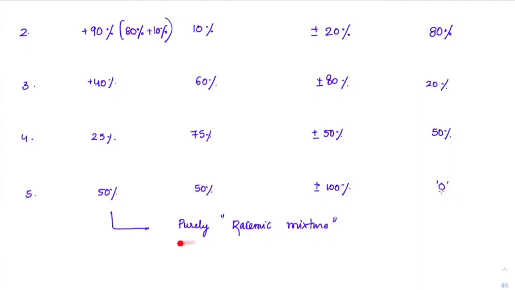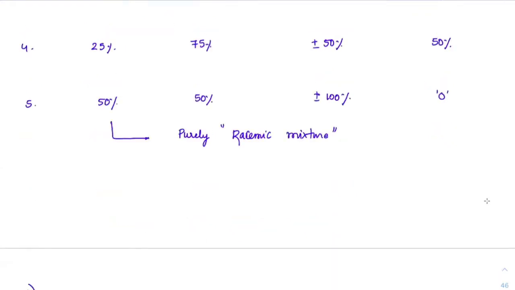Such a mixture is called a purely racemic mixture. I hope you understood what a racemic mixture is. So finally, I'm trying to come to that point. What is a racemic mixture? Just try to put it in your own words. What is a racemic mixture? Optically inactive solution